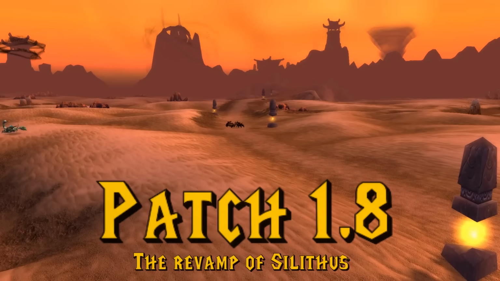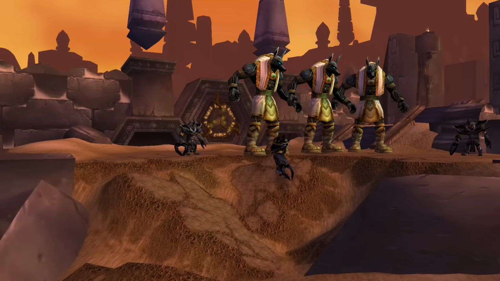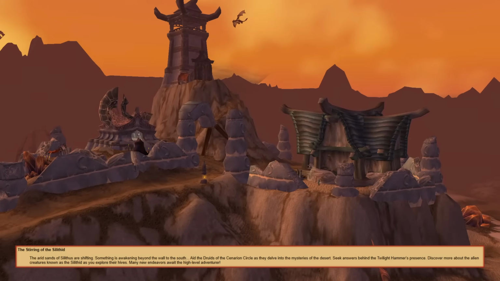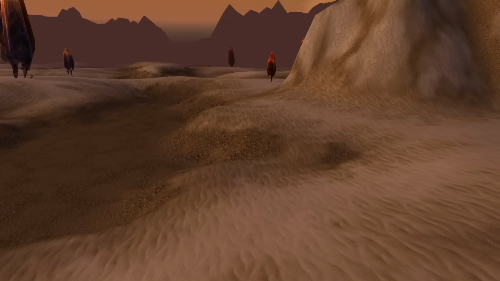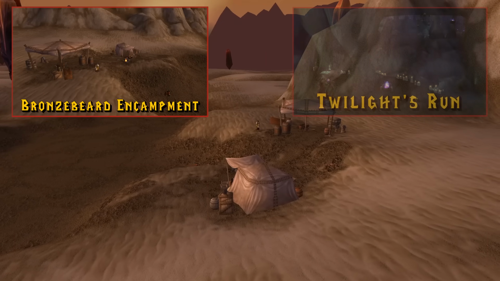In patch 1.8, Silithus was finally given a revamp to prepare for the Gates of Ahn'Qiraj event, which was set to release during the following patch. With this update came the neutral town, Cenarion Hold, which became the zone's main quest hub, and in order to accommodate the many new quests, previously empty spots in the desert were remade into questing areas such as the Bronzepit Encampment, Twilight Run, and the